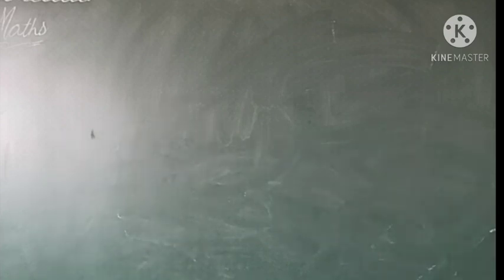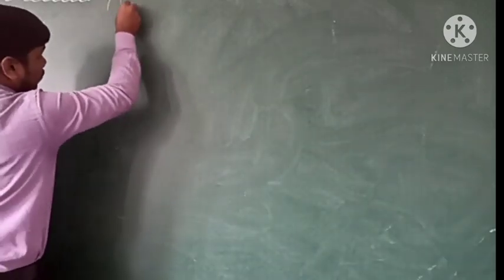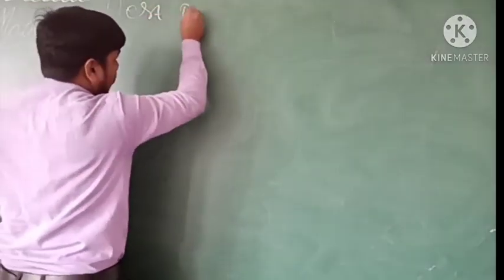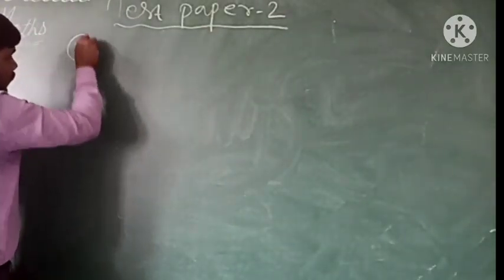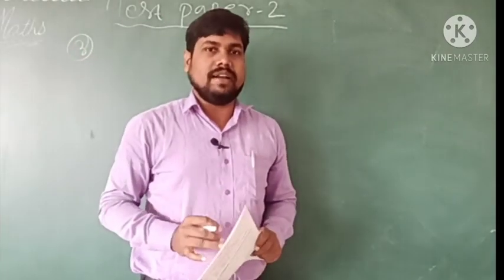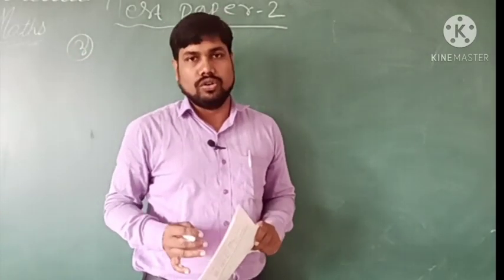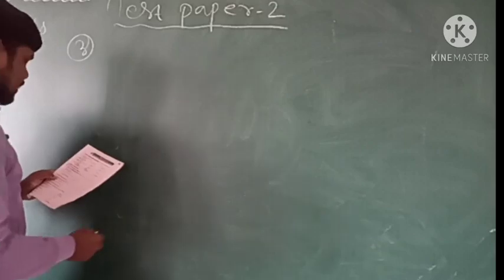Yesterday, we discussed some questions from the second test paper, that is test paper 2. Now the third question of the test paper is asking about statements being true or false. The statements are given, and you have to tell whether the statement is true or false. So the first question it is asking is